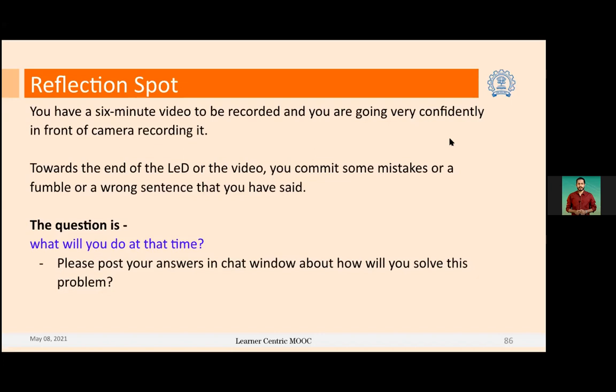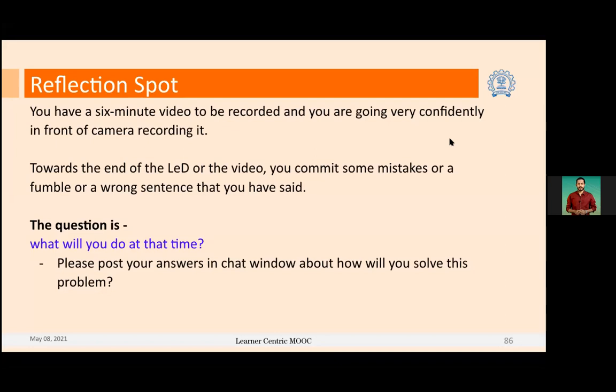Just ignore at that time because it will change the momentum, then edit it while editing. Best way is to accept my mistake and continue. We re-record the part and cut the fumbled part. Make corrections and make it again.